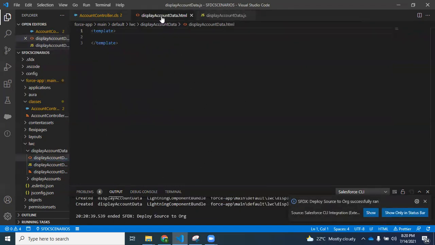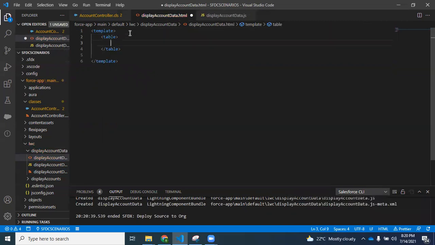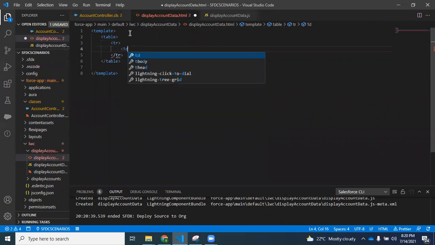Now we will display the data in the HTML. Let me create a basic table. I'll be displaying the serial number as well.